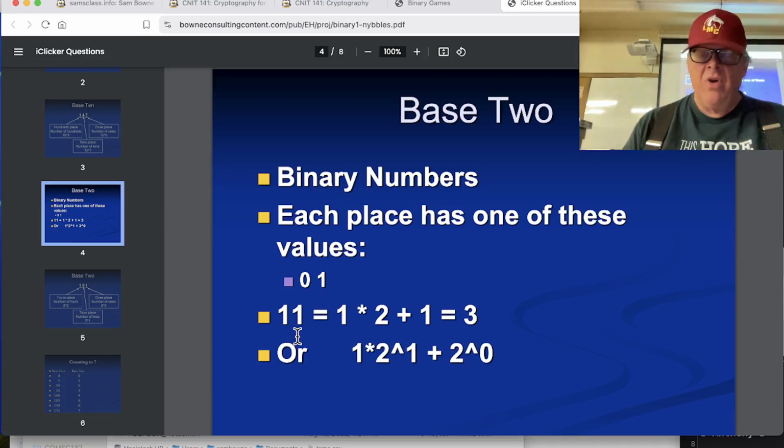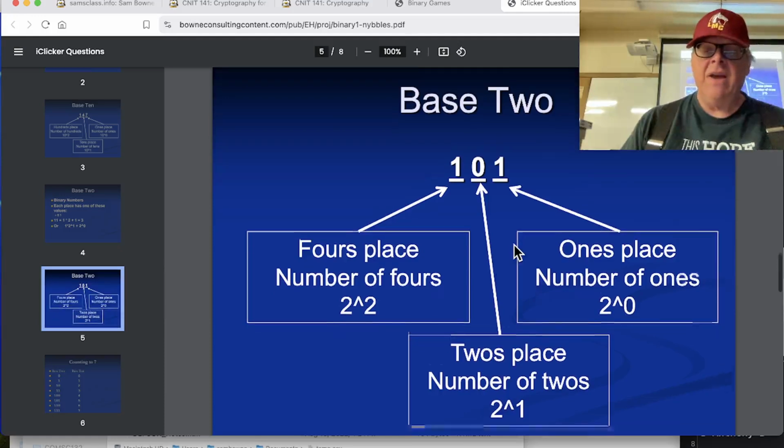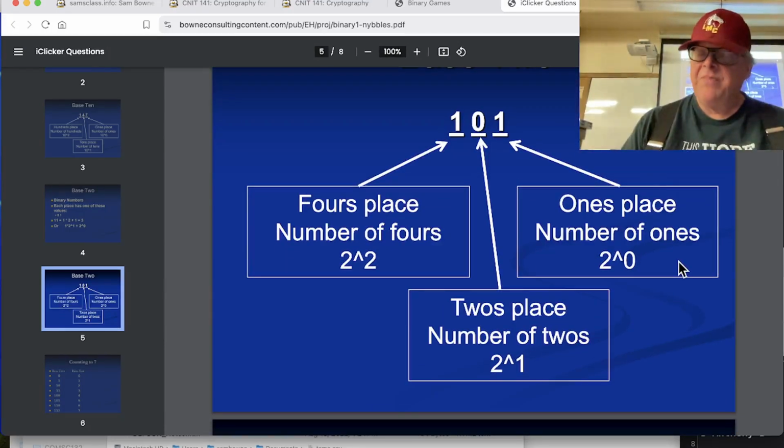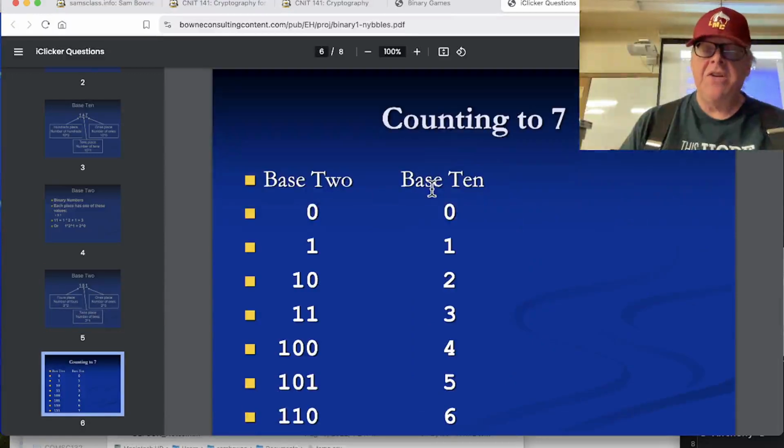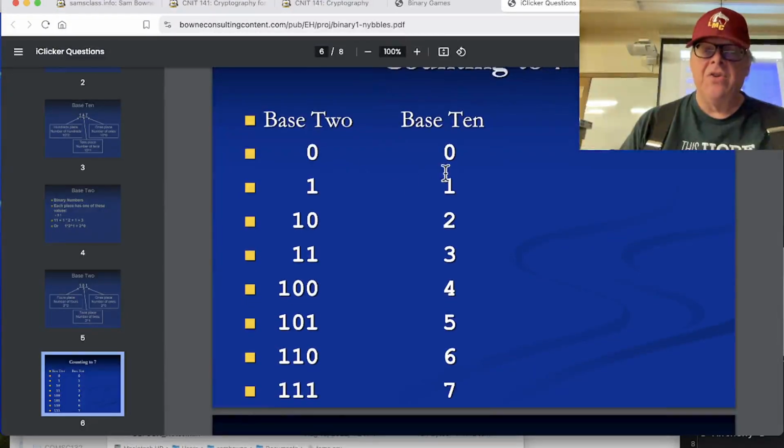But in base 2, you only have 0 and 1. So 1, 1 means 1 times 2 plus 1, or 3. That's 1 times 2 to the 1 plus 1 times 2 to the 0. And so if you have a 3-digit number in base 2, this is the number of 1s, this is the number of 2s, and this is the number of 4s. And so if you count to 7, you get this: 0 is 0, 1 is 1,